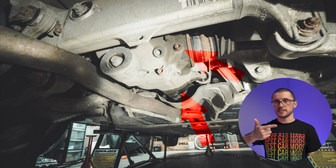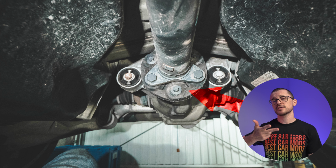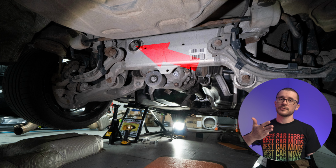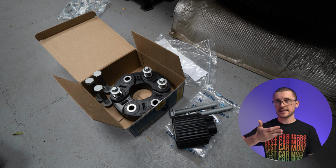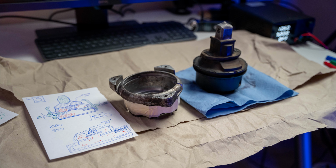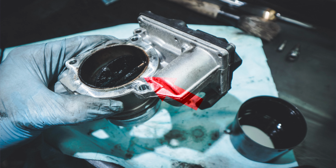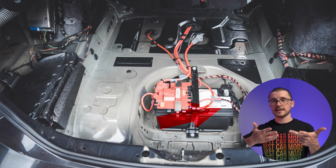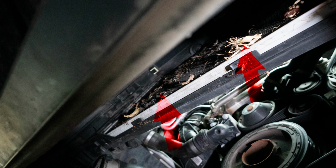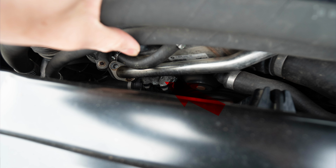through the sides and through the middle, the differential guibo connector needing to be replaced, the main bushing for the differential again needing to be replaced, the engine cover holders needing to be changed, the engine mounts themselves, the EGR and throttle body requiring to be replaced or cleaned, the battery failing and being replaced, the radiator building up all sorts of junk between the two radiators, engine coolant leaking due to old gaskets, the boot dampener failing and the